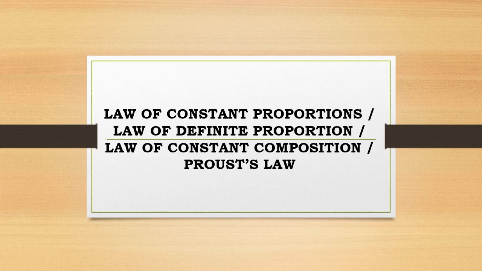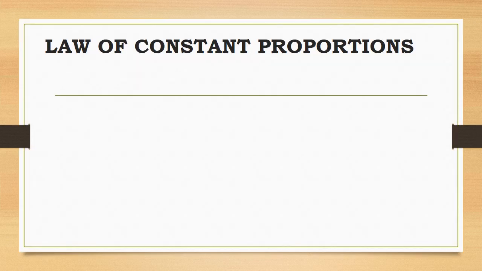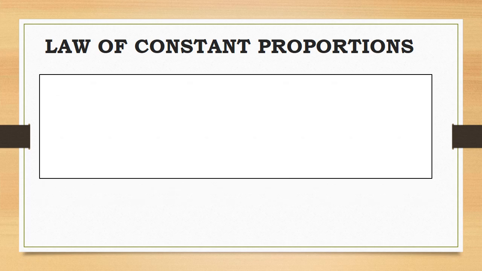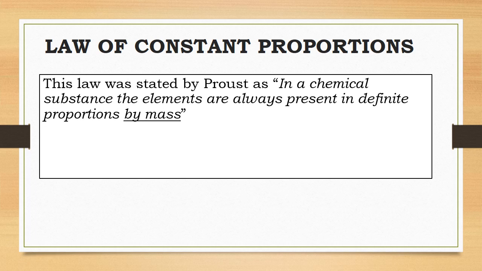In this video, we are going to learn about law of constant proportion. This law is also known as law of definite proportion or law of constant composition or Proust's law. The law was proposed by Joseph Proust. He said that in a chemical substance, the elements are always present in definite proportions by mass, which means if